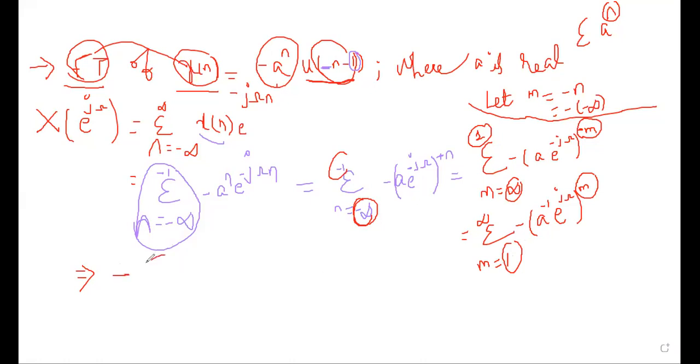So the minus sign will be there outside. I'm just going to apply the formula now. So it is a power m, and here we have the lower limit as 1. Can anybody tell me how it will be changed? What does the formula say? Can anybody tell me the formula so that I will only write by my own? A power minus 1 e power plus j omega the whole power n naught. Am I right?